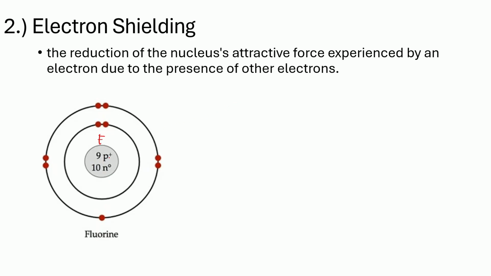This is a fluorine atom. We have 9 protons and 9 electrons in a neutral atom. So this positively charged proton has an attraction force towards its opposite charge particle, which is the electron, the negatively charged particle. As you can see, in the first energy level, the 1s2, we have 2